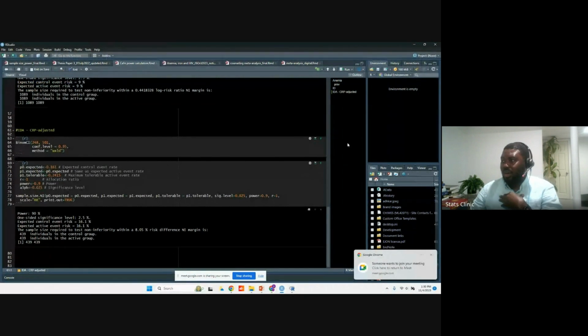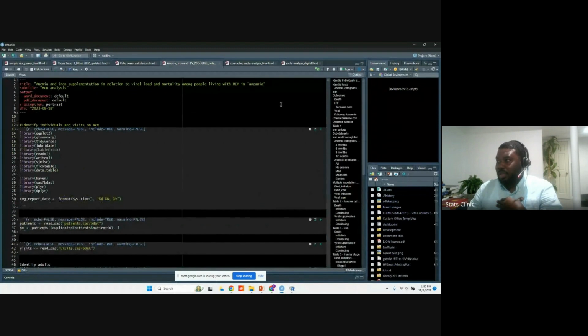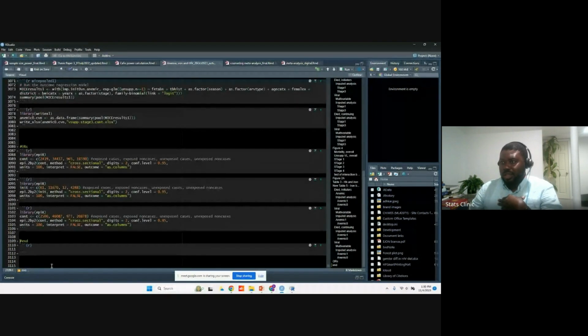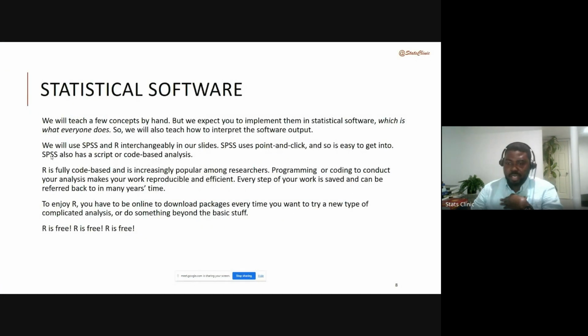For instance, this paper has 3,000 lines of code, right? If you wanted to keep going line by line, it would take a long time. But with RStudio, you can have an outline, and it allows you to jump from part of the code to part of the code. So those are some of the reasons why I think it's important to have R and RStudio at the same time.